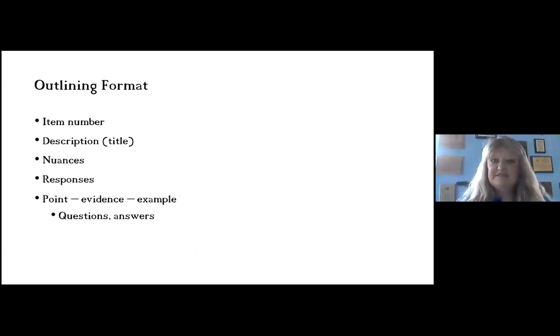So in their outlines, they need to put the item number and a description of what the legislation is, and then have them write down some of the nuances of the legislation so that they don't forget when they're in round. Then have them come up with a list of arguments with a few little subpoints for each one, and do that on the left. On the right, put responses to those arguments, because they either will be using those arguments in their own speeches, or they will be responding to those arguments when they give their own speeches. So it's really good to have both sides of that on their flow or on their outline.